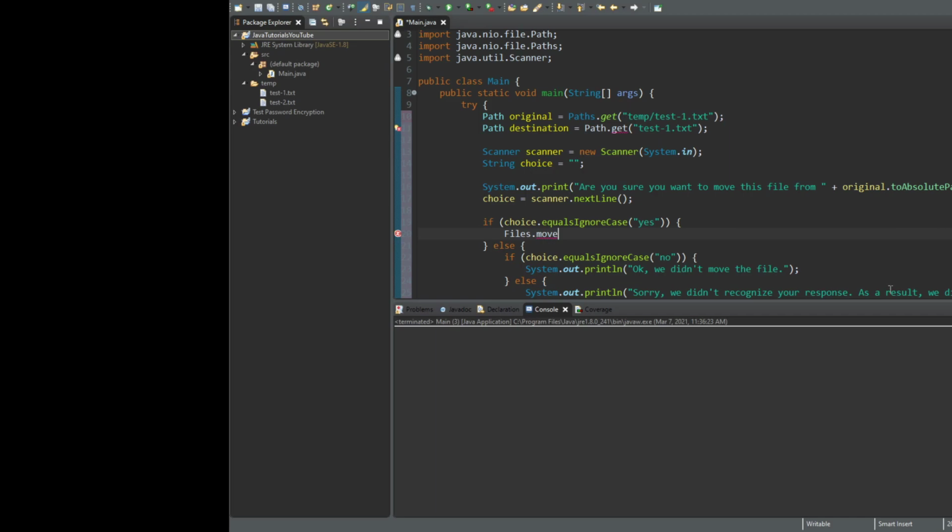So you can kind of read through this as well, but those are really the only options that you have for this particular method. You can read through it. There's a lot of documentation, different examples. You can see the different exceptions that it throws. For example, unsupported operation exception, file already exists exception,